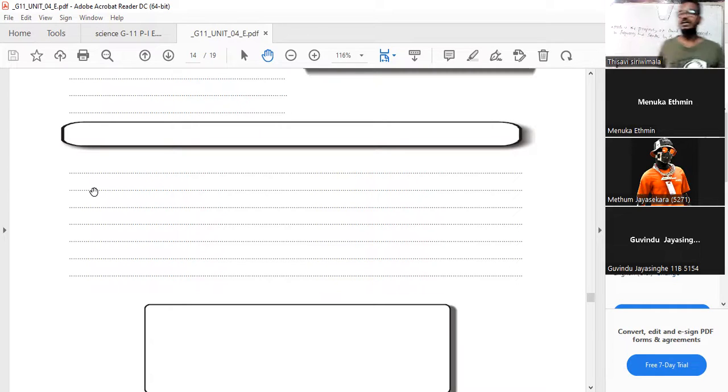Now here also, there's a small display in this machine. Once we fix a microphone and we talk to it, the shape of the wave will be displayed on the screen. By that, we can identify the shape of the wave. Okay. We can write here after that line. To observe the shape of the wave,